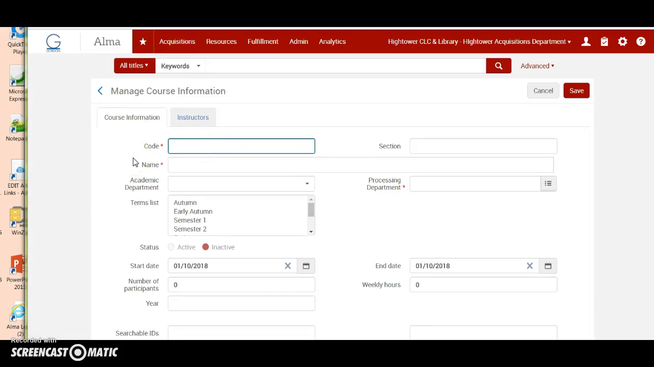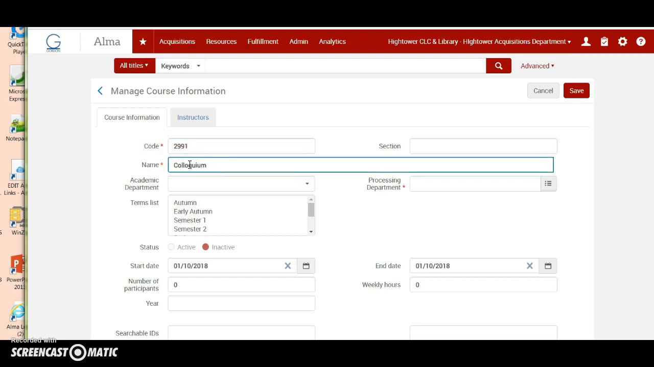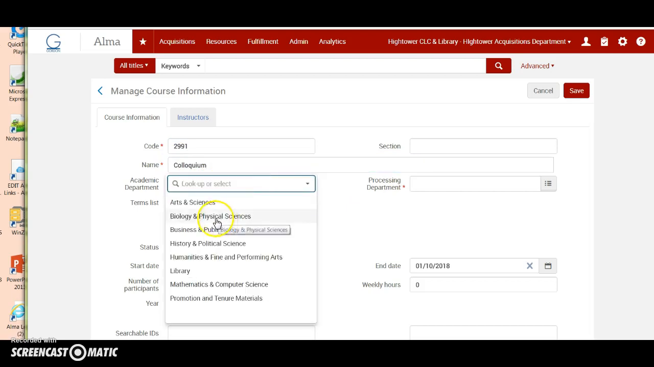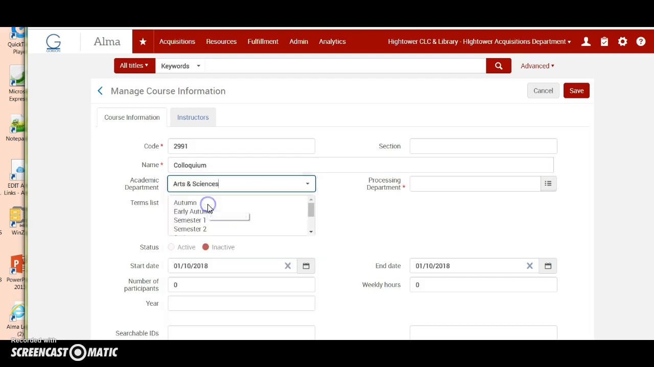We're going to add a new course, and you have to give the course a code. And so the code that we're going to use is going to be the course number, and we're going to give it a name. And this is going to be for English, the English department,